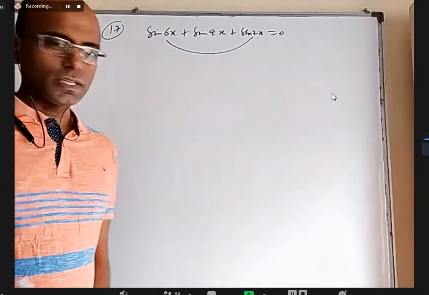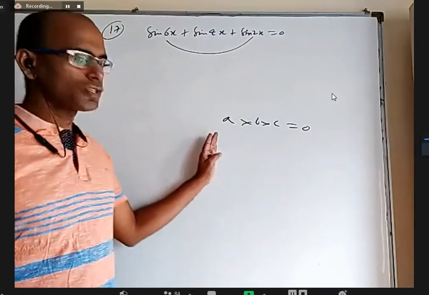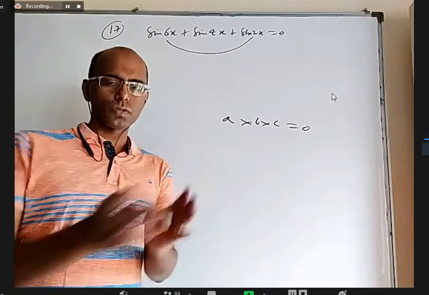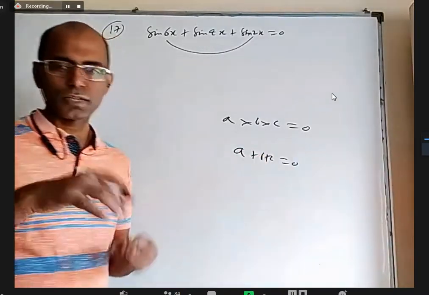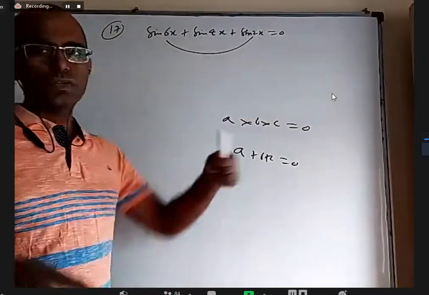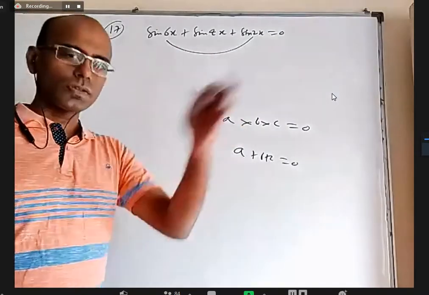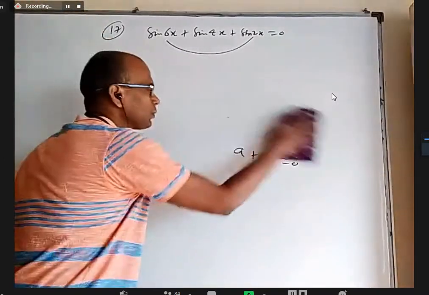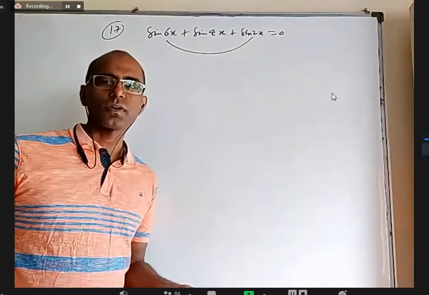Because the advantage is, if A into B into C is 0, I can tell A is 0 or B is 0 or C equal to 0 separately. If A plus B plus C equal to 0, I cannot tell anything, that A should be 0 or not, right? So when you have a sum of many things equal to 0 in an equation, it's not useful. If you have a product of many things, each equal to 0 will give you different solutions. So better to convert sum into product, and converting sum into product is after all called transformations.